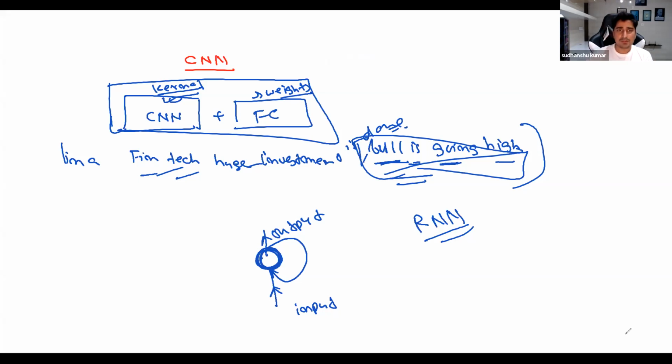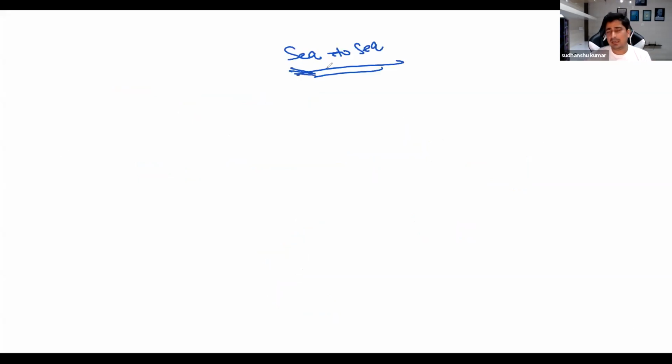Here, people have said that in NLP there can be different kinds of tasks which I can try to perform. Maybe I can try to do POS tagging. Maybe I can try to do NER, named entity recognition. Maybe I can build a question answering system, a fill in the blanks kind of system, or a sentiment analyzer. So there are multiple different kinds of tasks possible in NLP.